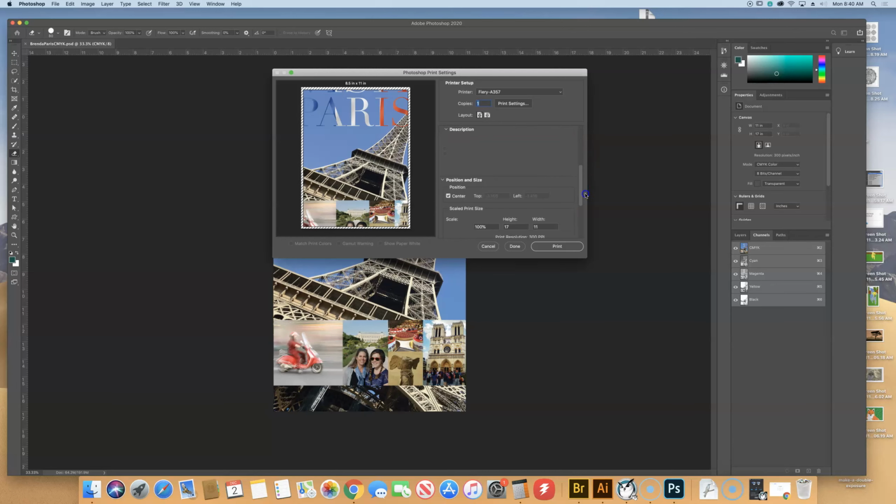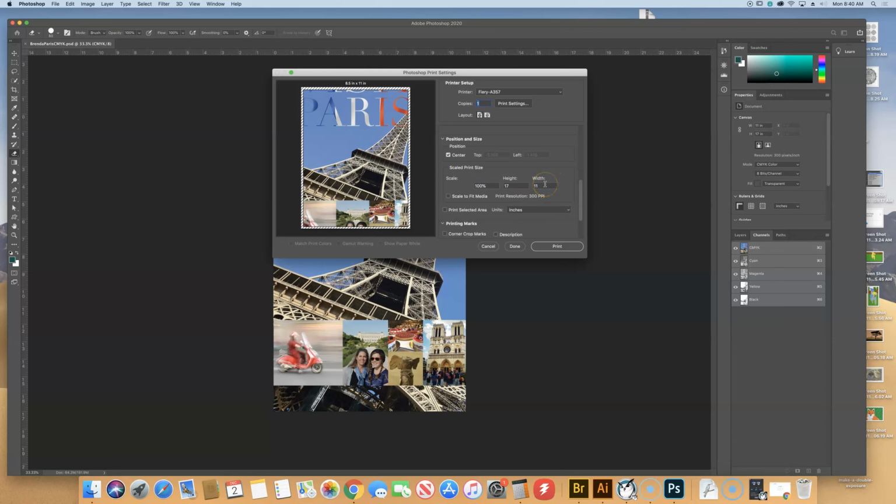In the color management area, under the color handling, instead of printer manages colors, Photoshop manages colors, this is where we have separations. That's the 4 different plates. We would choose that. We would go down and verify that we have an 11 by 17 document, but because we're just